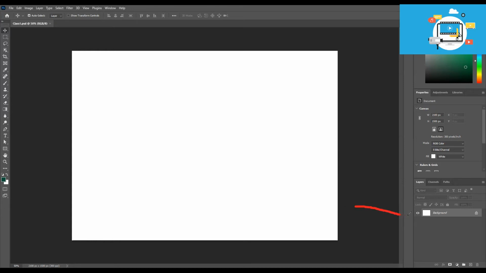Right here, where it says background, can you see that, Angie? Yeah. And Andrew? Okay, very good. What do you see here? A lock. It's locked. So when it's locked, we can't do anything to it. So one of the first things we want to do is unlock that by double clicking on it,